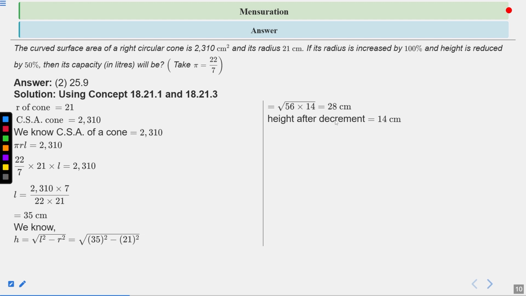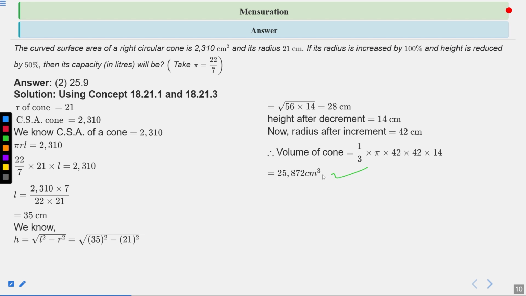Now the height after decrement: because height is decreased by 50%, so the height 28 will become 14 centimeter. Now the radius after increase by 100%: because the radius was 21, when it is increased by 100%, it will become 42 centimeter. Now we can calculate the volume of the cone, 1/3 pi R square into H. So 1/3 into pi into 42 into 42 into 14. When we simplify it, we get the volume, which is